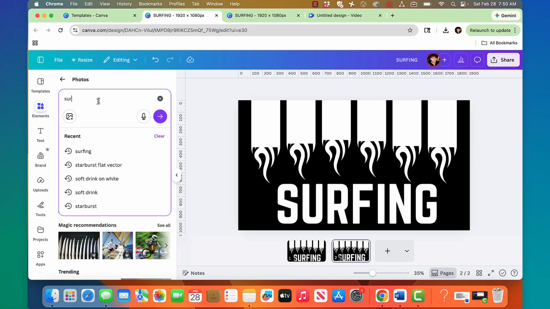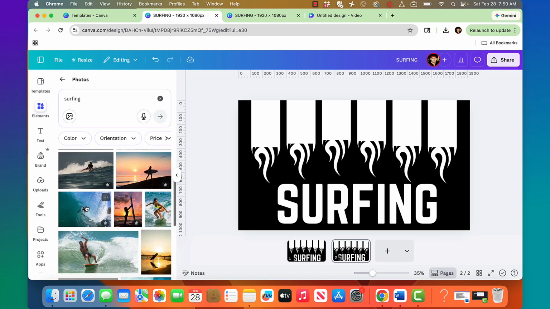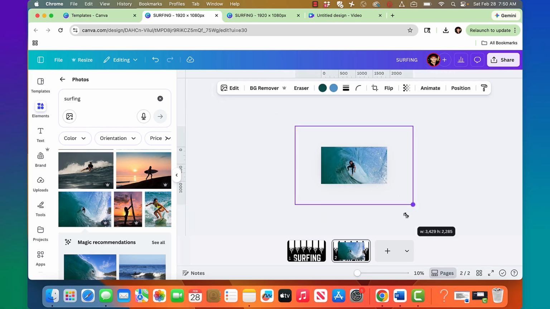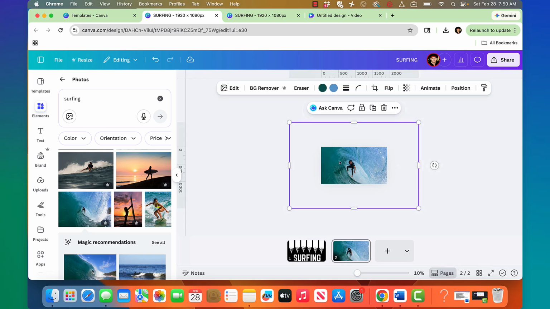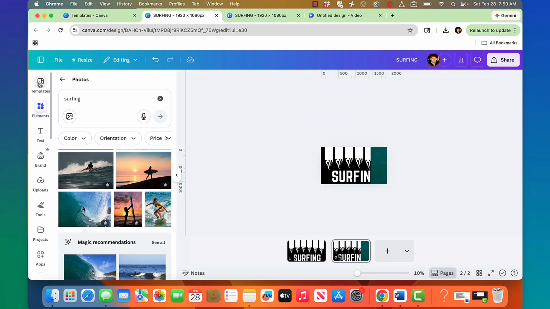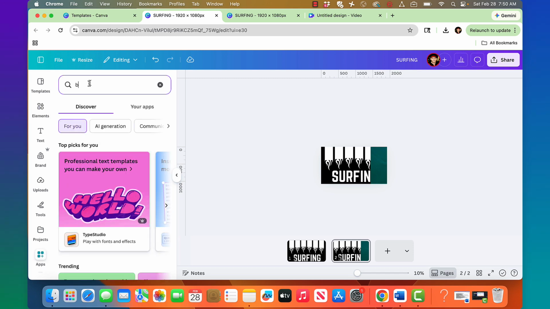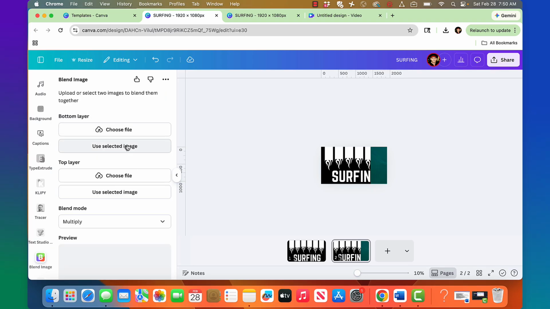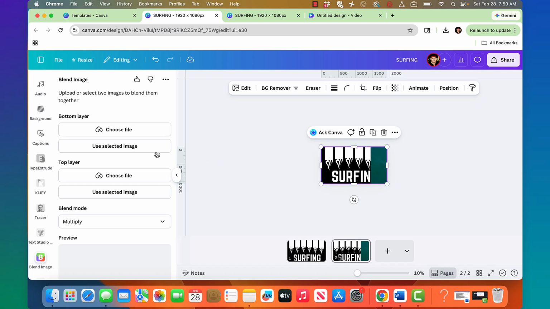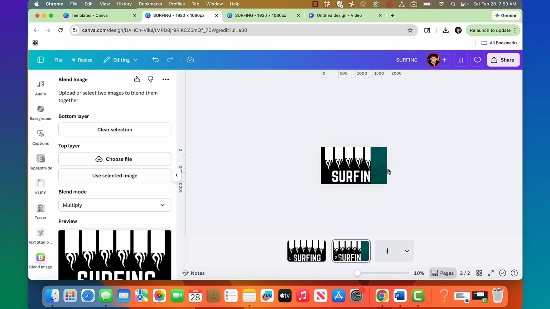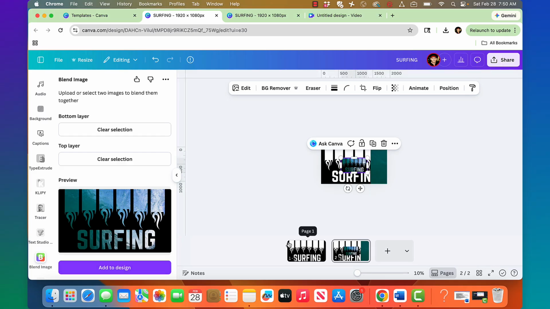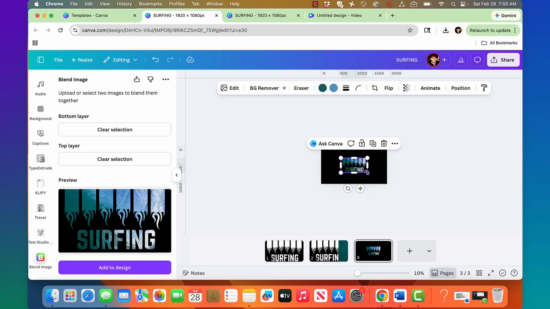I use that one, but just in case, something like this. I'm going to hit Command minus so I can really make this image bigger. Something like that. And then move it off to the side so I can select with the blend image app. Blend image. And the bottom layer is the mask-like layer, the black and white. And the top layer is the surfing layer. And then add to design and copy it or cut it, create a new page, paste it,